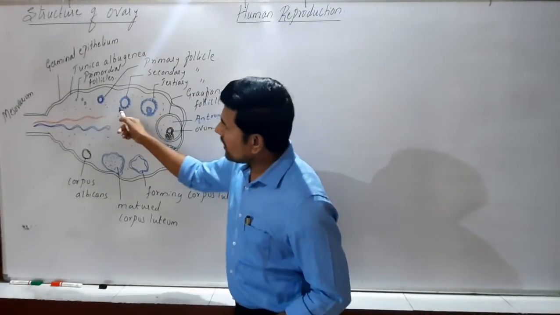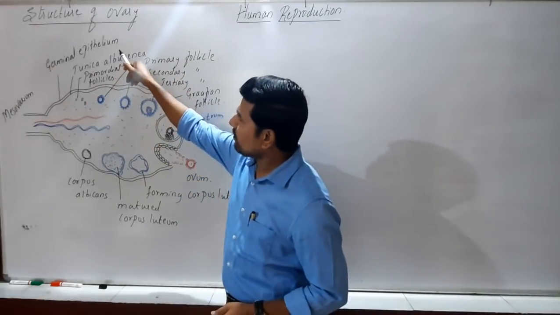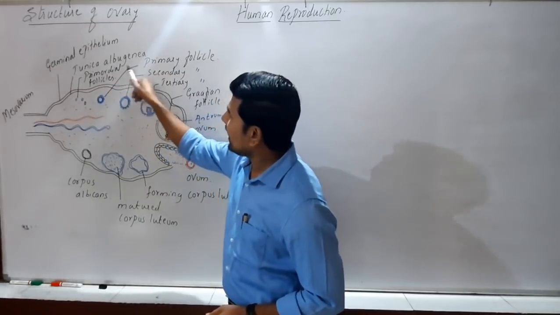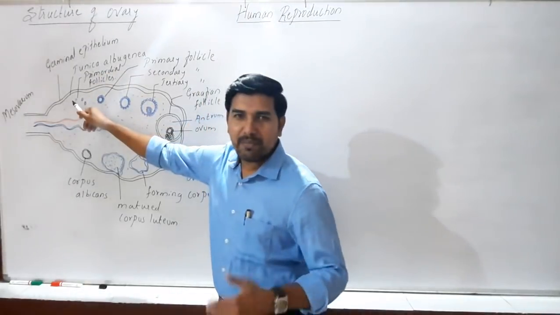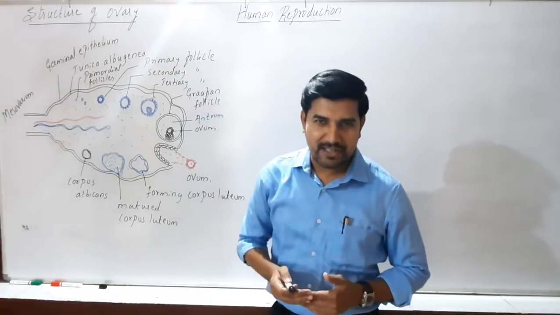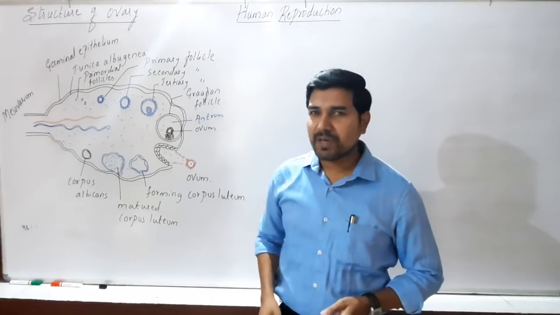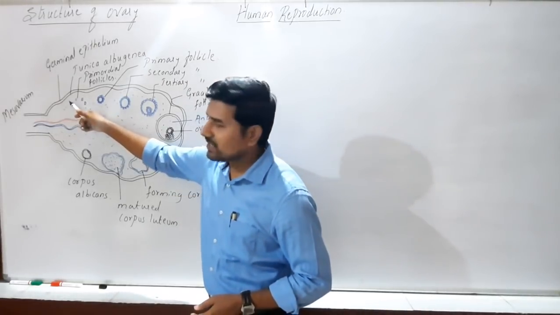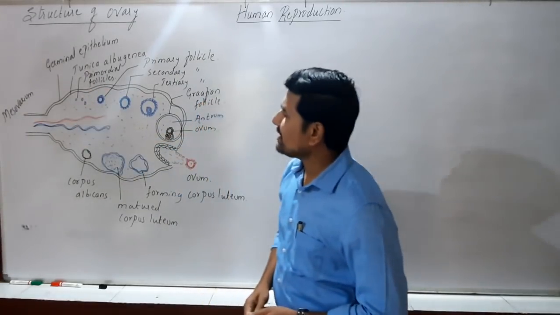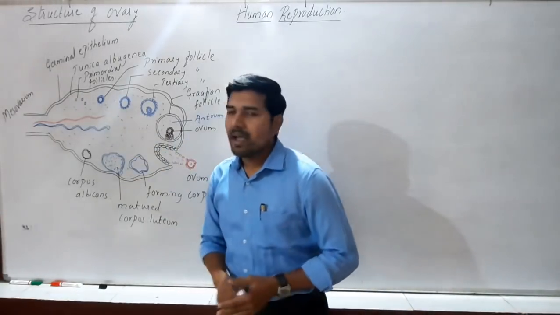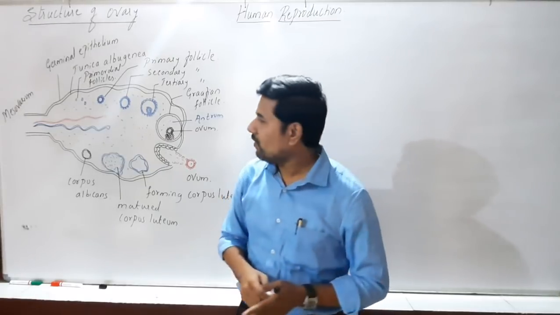Now the outer part, the cortex: if we look at the layers, the outer part is lined by germinal epithelium, and below this is a layer called tunica albuginea. This germinal epithelium is a layer that will produce germ cells, or gamete mother cells, where the gametes are produced from these layers. When the germinal epithelium produces these germ cells, they are present in the form of primordial follicles. They are immature follicles, and hence we call them primordial follicles.